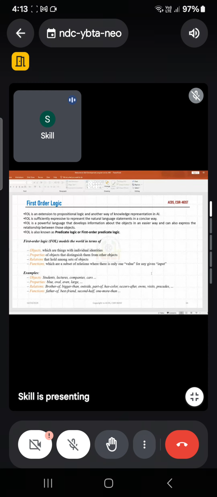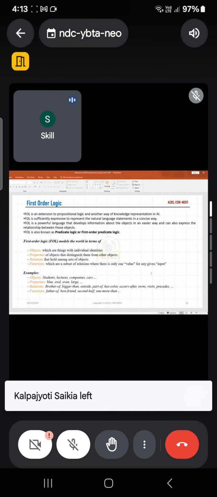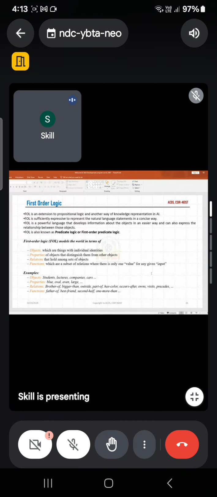So first order logic is an extension to propositional logic, and it is more efficient to use for explaining the natural language statements, and it is also known as predicate logic or first order predicate logic. So in first order logic,